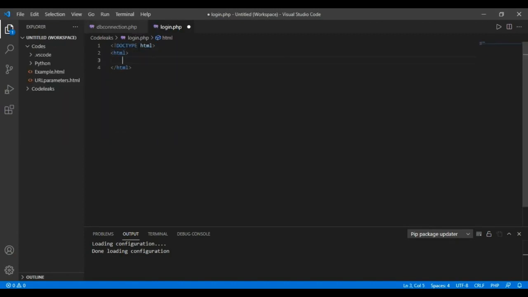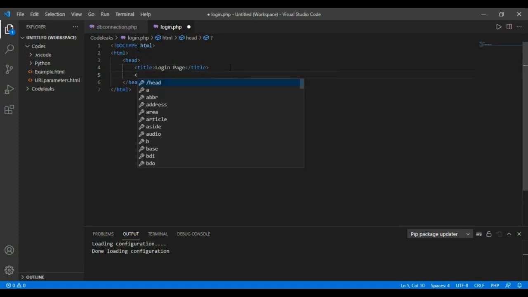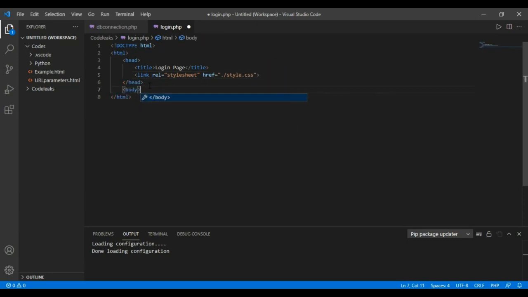Next up, we will create another PHP file, that is the main file login.php. It will have a simple login form. The user has to enter his or her credentials to be able to access the home page of the website. I have mentioned the title as login page, and in the link I have given the reference for a style sheet, that is a CSS style sheet.